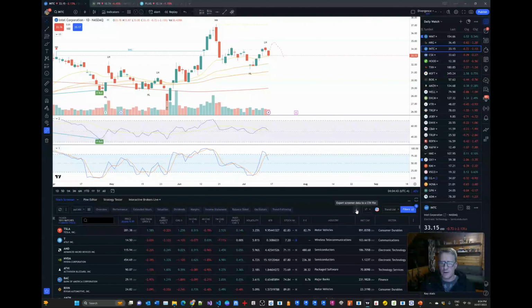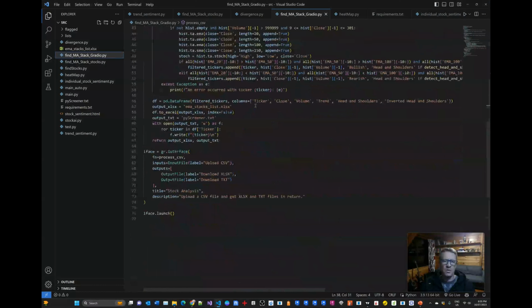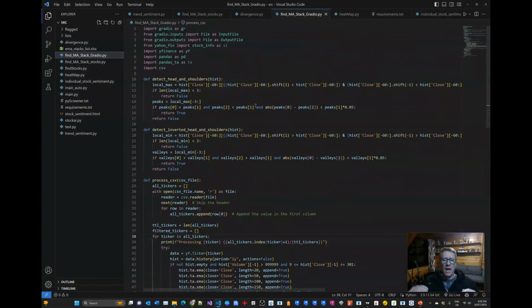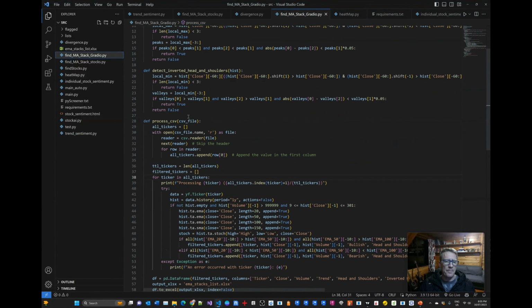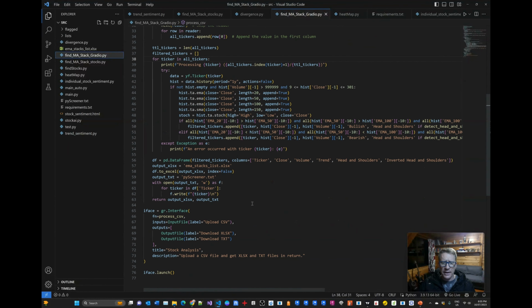So what I'm going to do is click on the export button there, and it's going to export this list to a CSV file for me. Now, from here, you can head over to chrisforster.com, that's me, /AI. And what I've done here is I've published my stock scanner web app for you. So to give you a bit of background, I've created these Python scripts to help me process this information and filter out the stocks, only the stocks that have had a